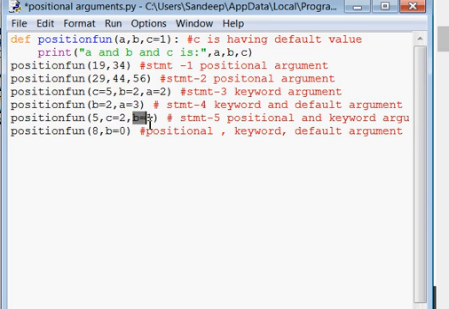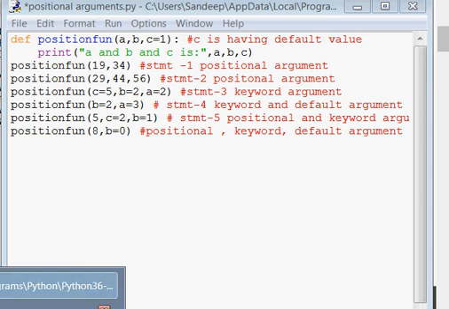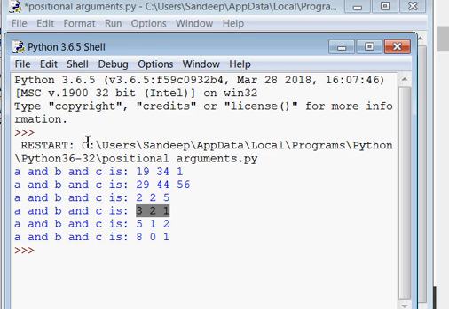And you have mentioned the third value in the position of B, so B will have 1. So in this case A will be 5, B will be 1, and C will be 2. So the answer will print 5, 1 and 2 in statement 5. Values of A, B, C are 5, 1 and 2.